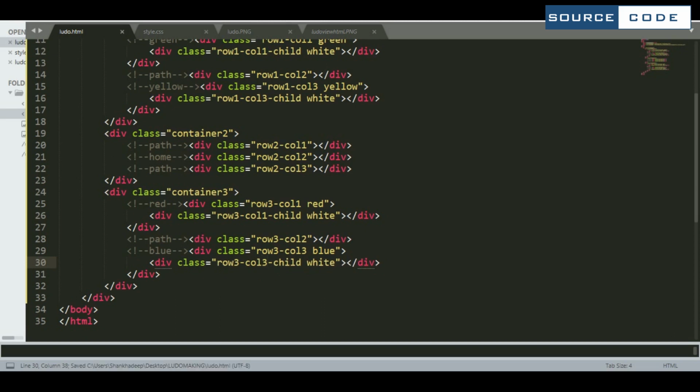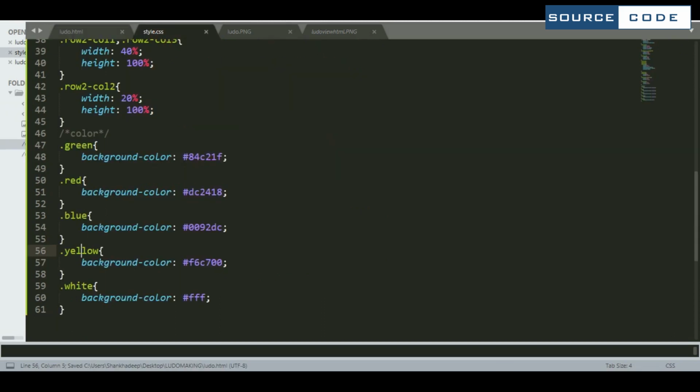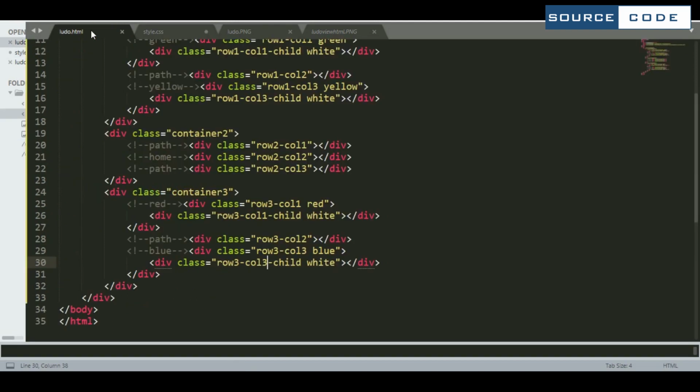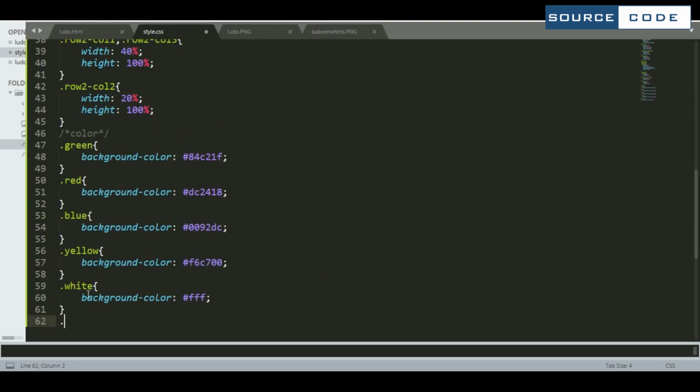Now come to the CSS part. So we have already done for the white one. So now I have to set this one, row 3, column 3, all the boxes here. So I am taking first row 1, column 1 child, row 1, column 3 child.